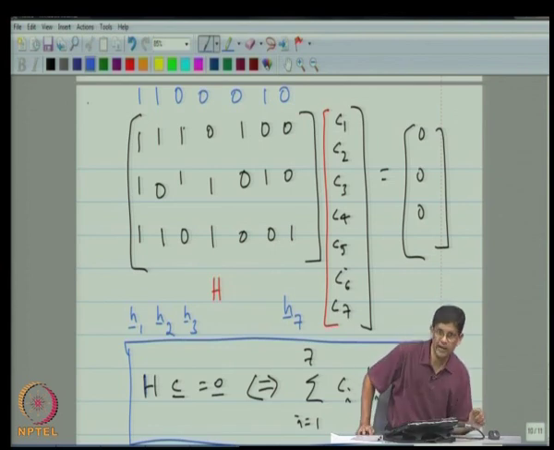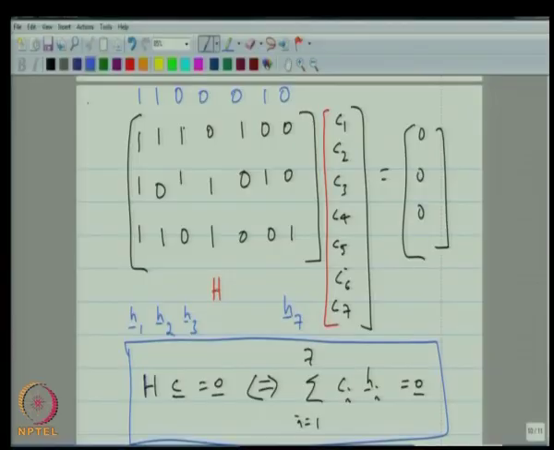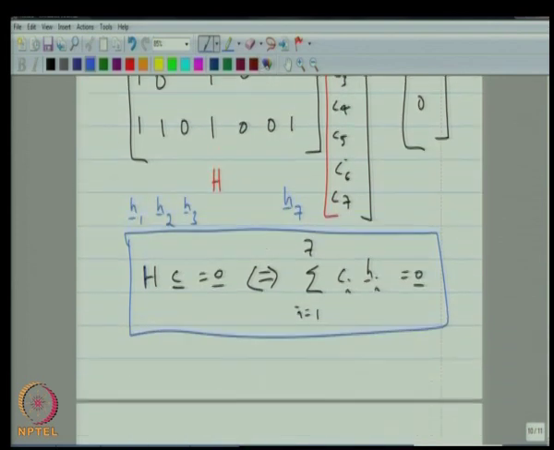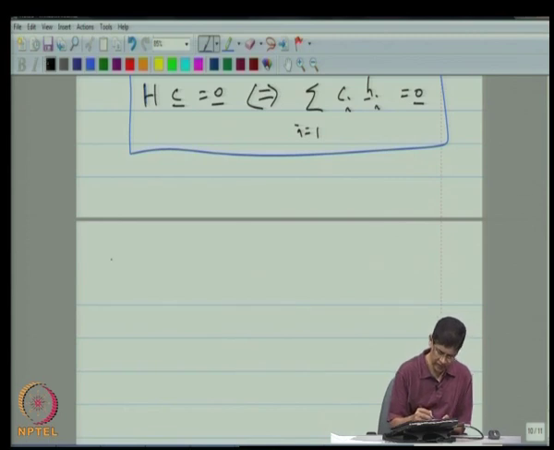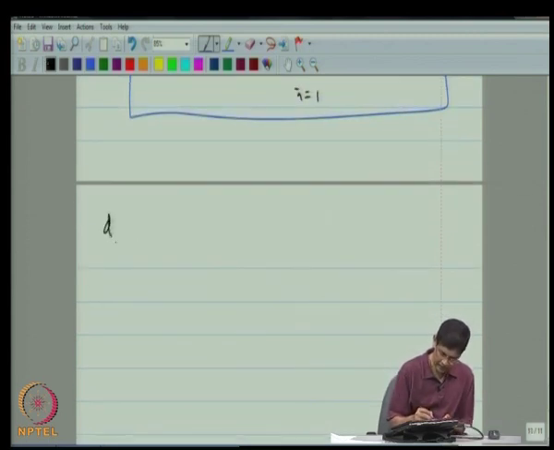So, that means that, let me repeat what I had said earlier. If you are interested in finding out a non-zero code word of minimum Hamming weight, that is equivalent to asking the question, what is the smallest size of a dependent set within the columns of a Hamming parity check matrix, and the answer clearly is 3 here. Okay. So, from this point of view, the minimum distance of the Hamming code is 3. So, I will just write this very briefly by saying that d min is equal to 3 for the Hamming code